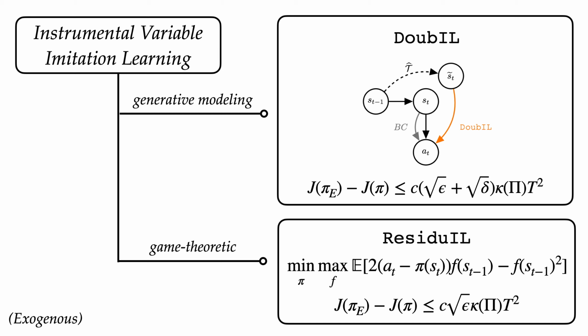Notably, behavioral cloning does not have a similar bound in the exogenous setting, so even if one drives BC training error to 0, they have no guarantee of recovering a policy of equivalent quality to that of the expert. In contrast, both of our approaches would be able to match expert performance if infinite sample training error was driven to 0.